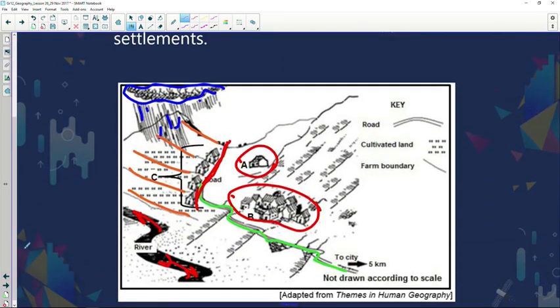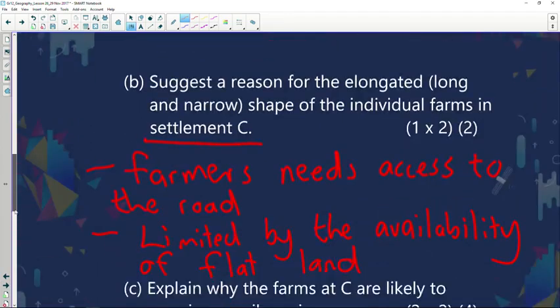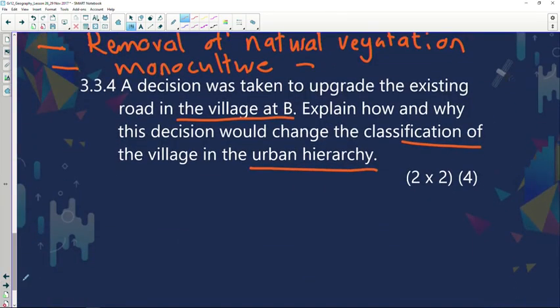Now, they've mentioned that they're going to upgrade the road over there, and there's the road that follows along the clustered rural settlements and close to the linear settlements over there. Now, how will that impact the village? First of all, it will change from a village to a town. Okay, so the town,